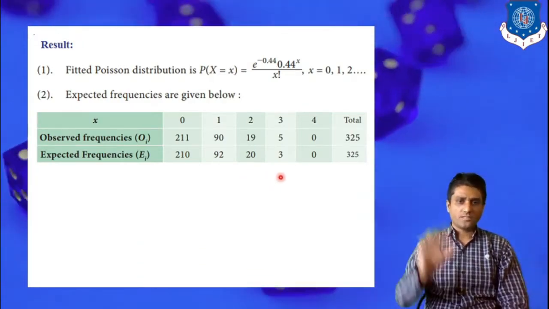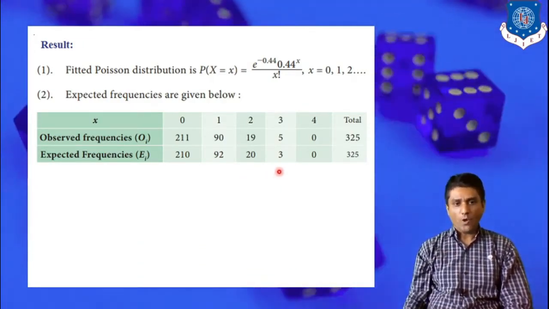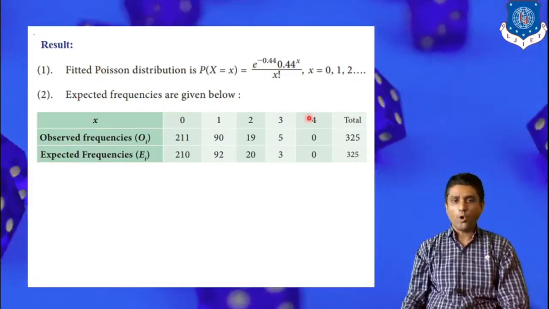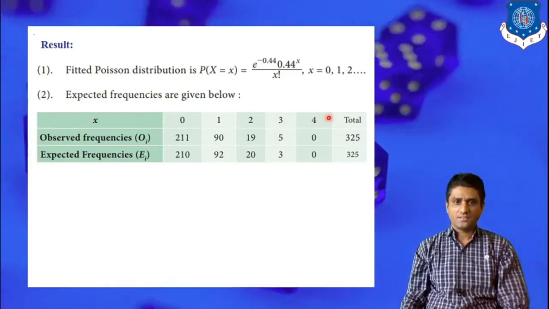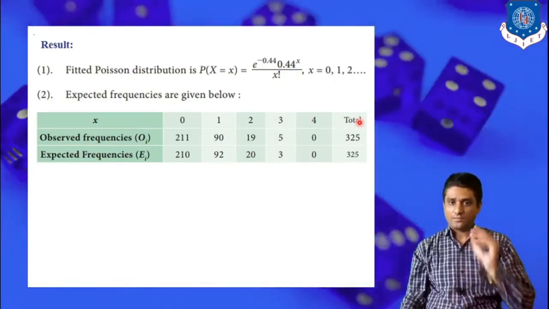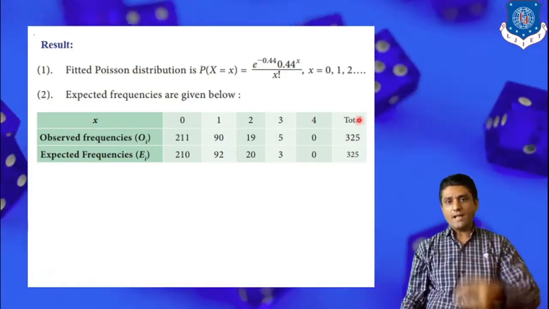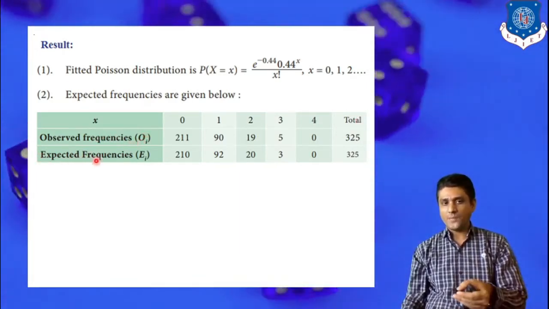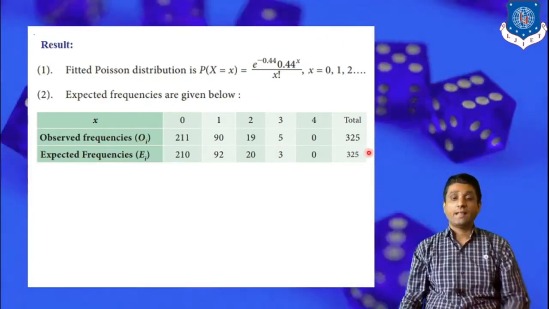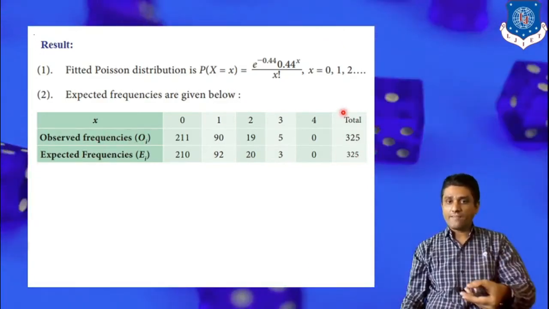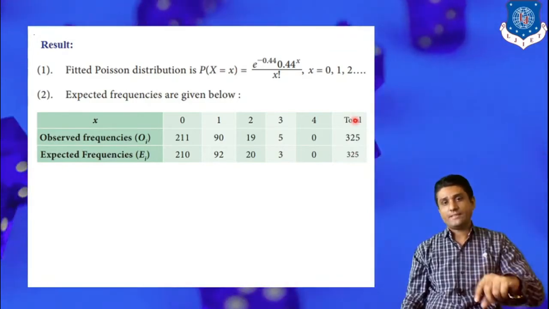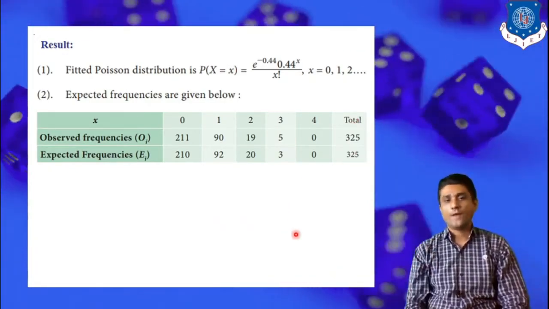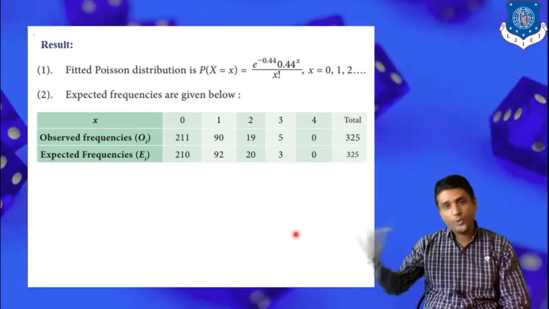Right now the sum is over, but the observed frequency tells only up to 4 mistakes. If we want to measure 6 mistakes, how many pages are there where each page has 6 mistakes? We cannot observe that, but by using the expected frequency we can calculate how many pages have 6 mistakes. At that time, this fitting of the Poisson distribution is very useful to predict the future.